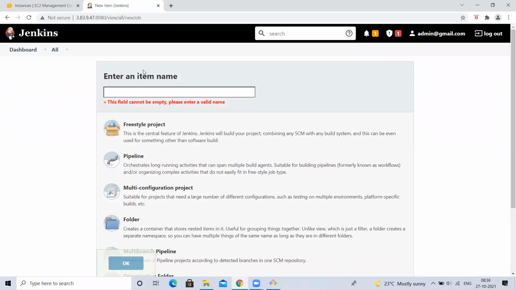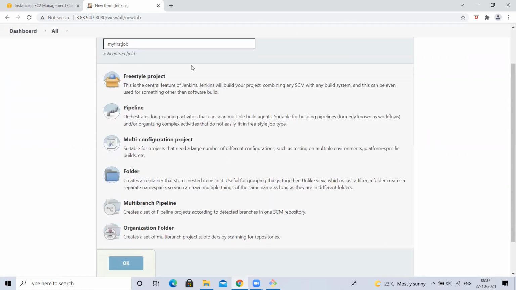I'm going to name it, for example, sample job, or else my first job. My first job, okay, I'm going to name it like this, in small case only. Now, when I'm creating like this, there are different styles of projects. For now, let me select this freestyle job. There are different jobs like freestyle, pipeline, and we will get a few more, like Maven style.